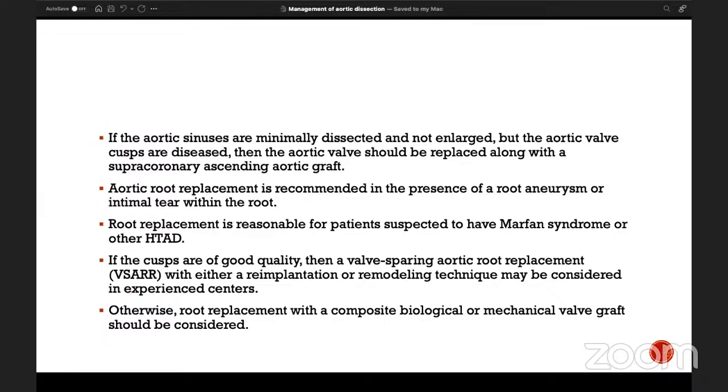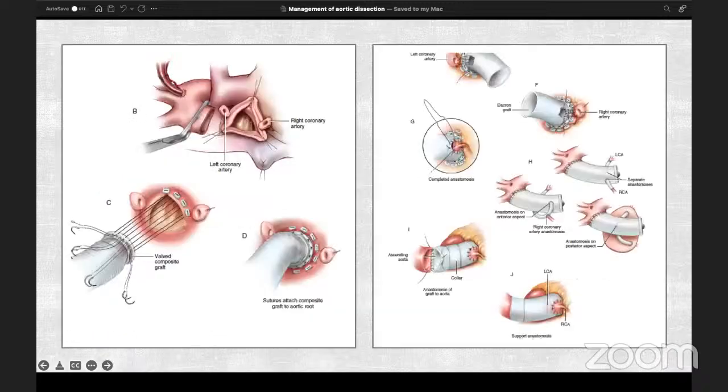If there is an affection of the valve and the root is affected, then a composite graft, biological or mechanical, is used, what's called a Bentall procedure. This shows a composite graft replacement in which you dissect the sinuses down to the aortic root and mobilize the coronary ostia with a button, and then take your pledgeted matrix sutures all over the aortic annulus, and then implant the conduit,